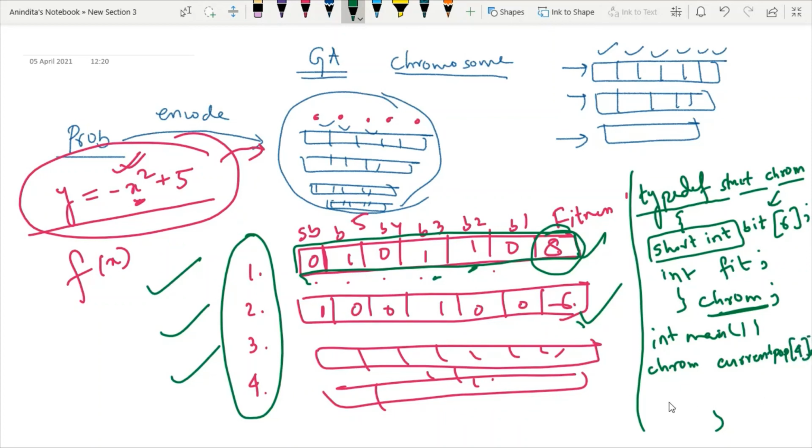If I want to create another array to store the next population, then again the data type will be chrome, and the variable name will be next pop, and 4 chromosomes will be there. So this is how you can use structure for creating a chromosome.